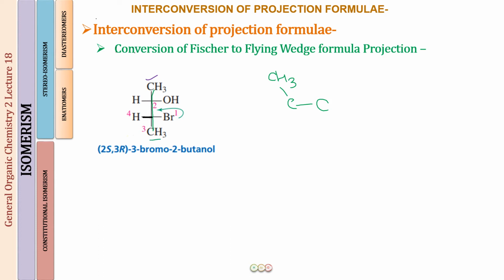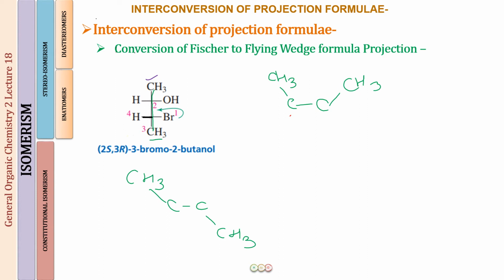Now the next thing we have to draw is the CH3. Now the question arises, where do we draw it? Do we take it up like the first CH3, or can we take it down also? Well, actually we can do it both ways, and I'm going to show you both ways. Okay, so for each of C2 and C3 we have now made two bonds, both in the plane of paper. So what is left behind is to draw the wedge and the dash. Where is that going to be? So now let me show you that.